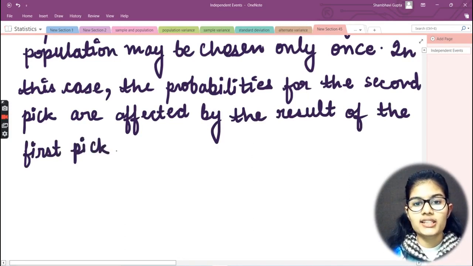So in this case, the probabilities for the second pick are affected by the results of the first pick,